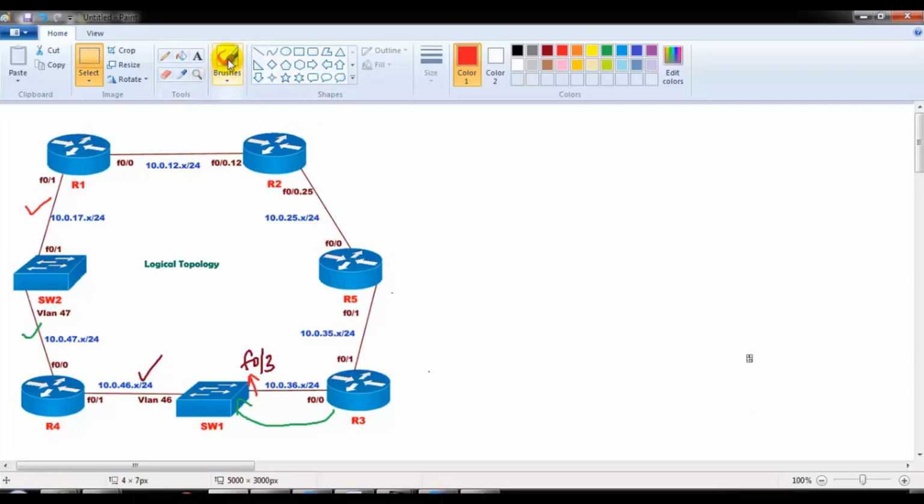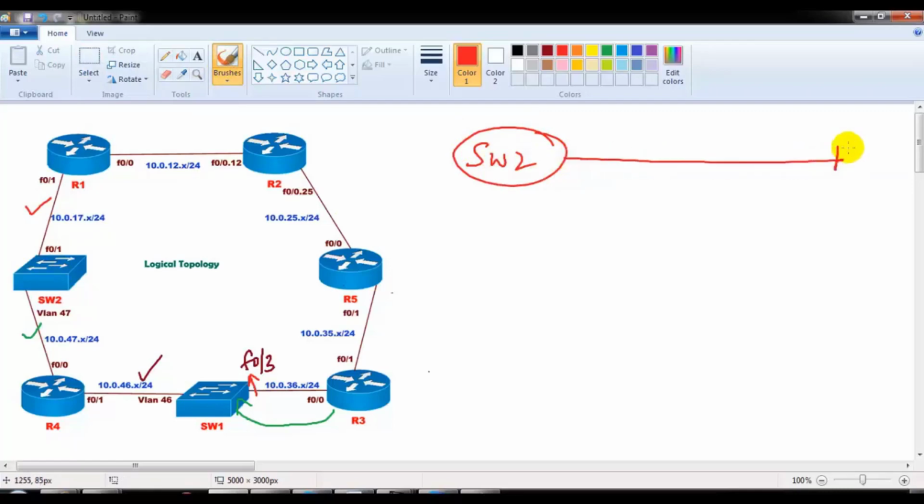Now you can see switch 2 is connecting to router 1, and this switch 2 is connecting to F0/1, and router 1 is also connecting to F0/1. So if you see here, the logical and physical topology both are the same, because physically we have the same connection and logically also we have the same connection. So in this case I can use any one of the options. I generally go with the switchport command, but if you're working on your CCIE lab exam, you probably just need to follow exactly as per the question or as per the diagram.